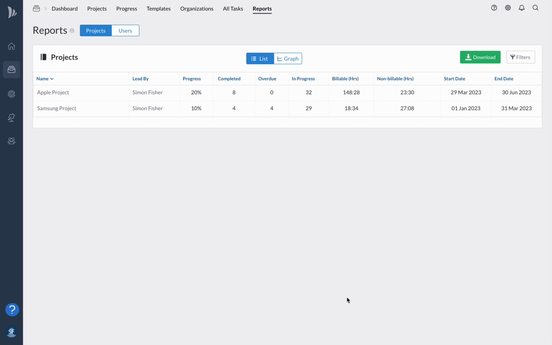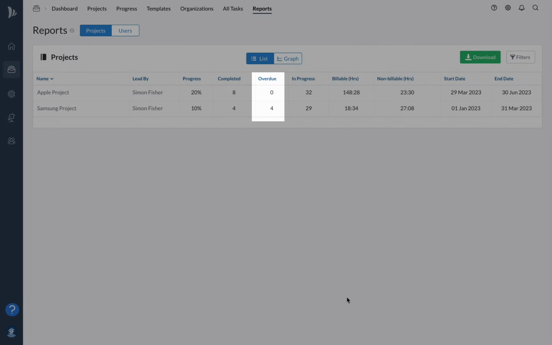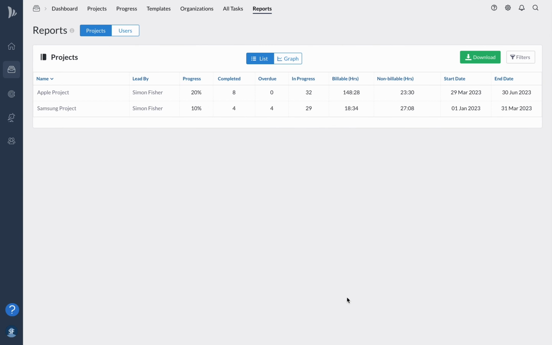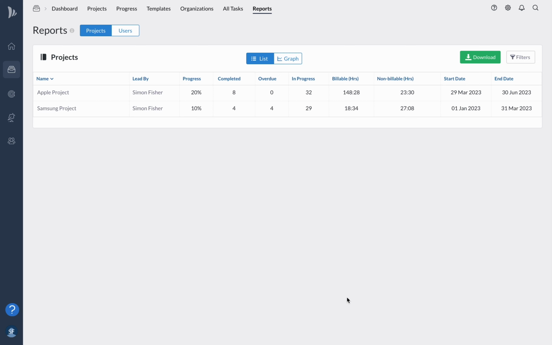Project reports are a fantastic tool for monitoring the progress of your projects. With reports, you can get an overview of how many tasks have been completed, are still in progress, or are pending. Furthermore, you can view the tentative start and end dates for the projects to get an idea of the project timeline. You have the flexibility to view these reports in different formats, including a list view and a graphical